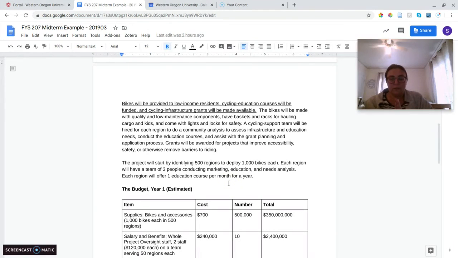So, all that said, please take a look at both the instructions and the example. Note down any of your questions. I'm sure there'll be questions. And start thinking about what problem you would want to solve in the world if you had $1 billion of Jeff Bezos' money. I know for me,